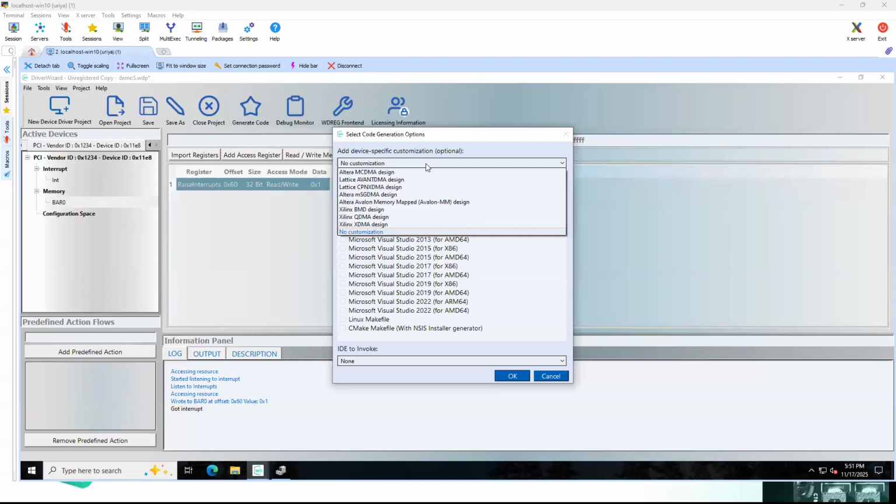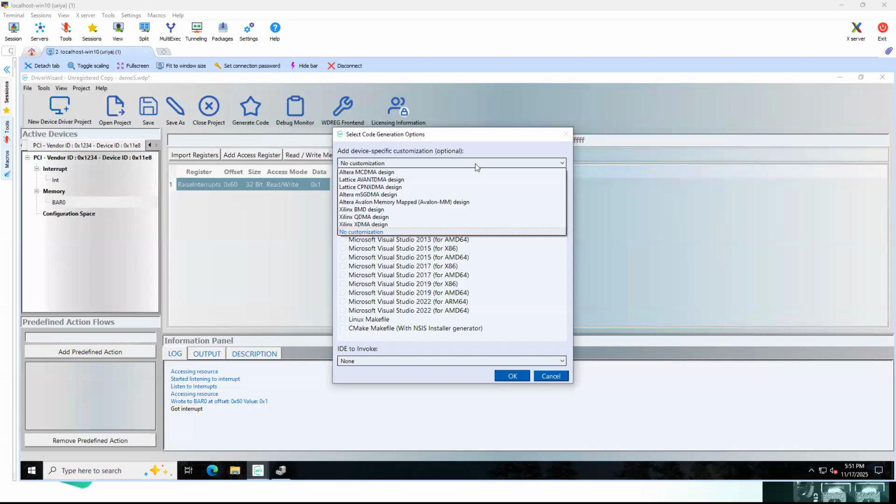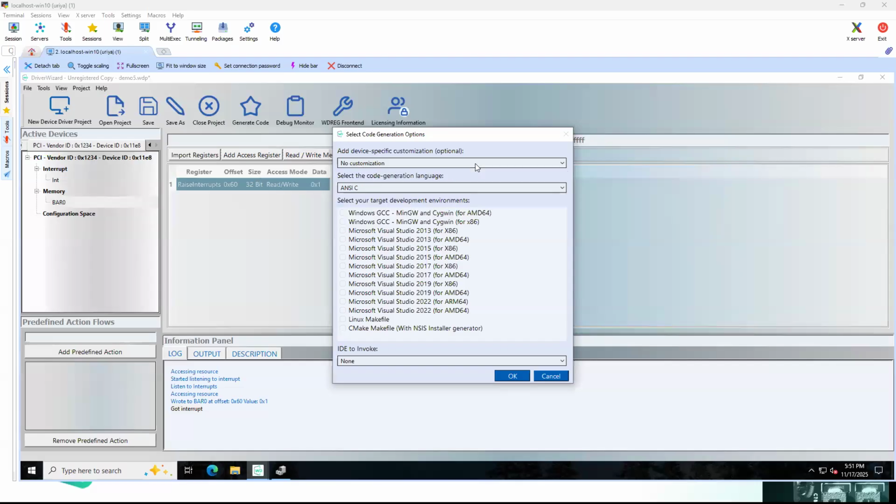Let's talk about the customizations for a moment. Here you can choose all the customizations that Nina mentioned previously: the Altera IPs, the Lattice IPs, Xilinx IPs, and so forth. If you choose any of these, your generated code is going to include not just all the regular functions that our generated code has, but also a special DMA section, which will allow you to run DMA pretty smoothly,